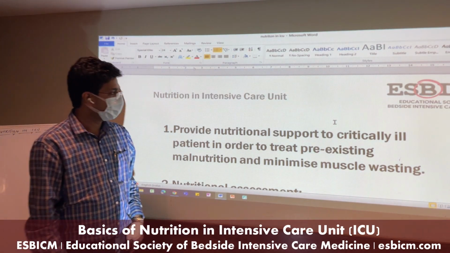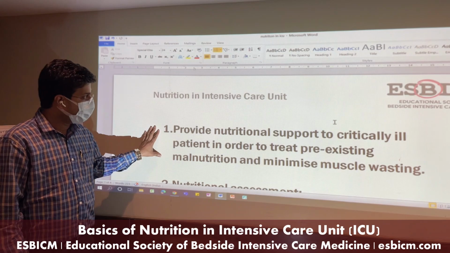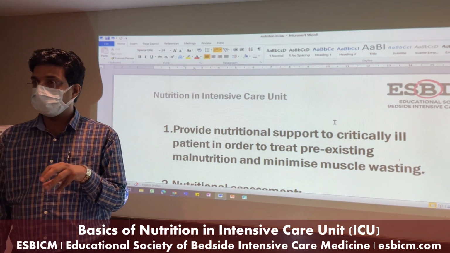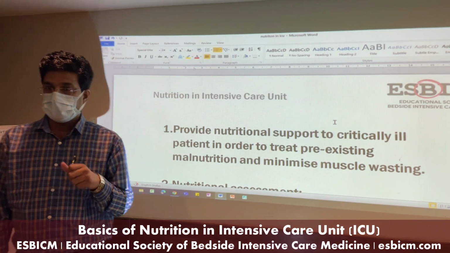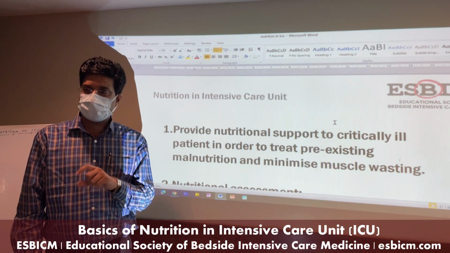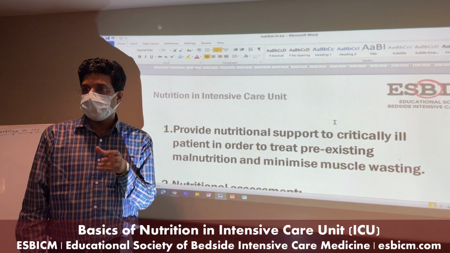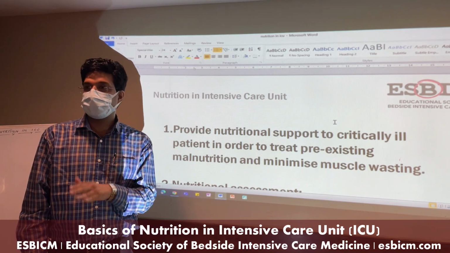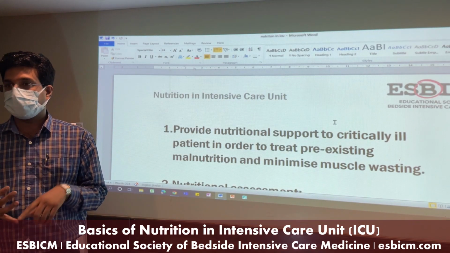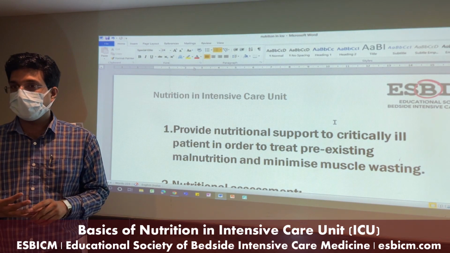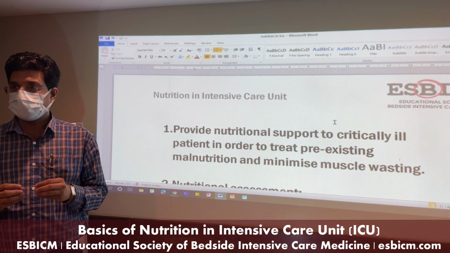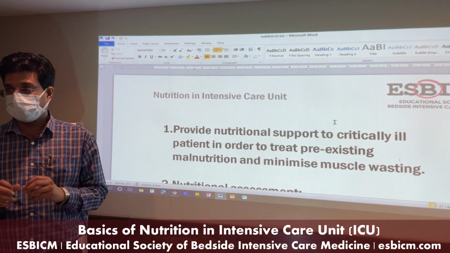So let's begin. The first point is why it is necessary to provide nutrition in intensive care. The basic difference between nutrition in intensive care and in the general population is that in your ICU, the patient is in a catabolic state. The patient is suffering from different diseases and is under stress. Your adrenaline levels are high, your insulin levels are high, and the patient remains a diseased person. So the body mechanics are in a catabolic state, not anabolic.